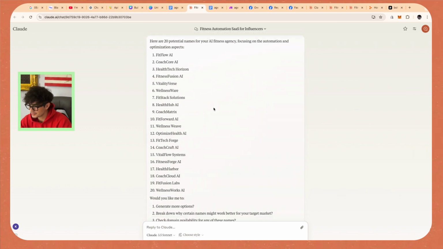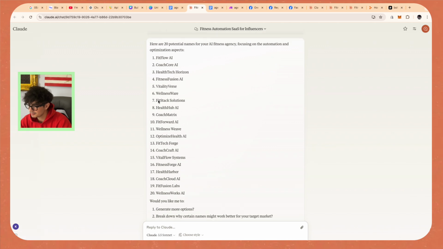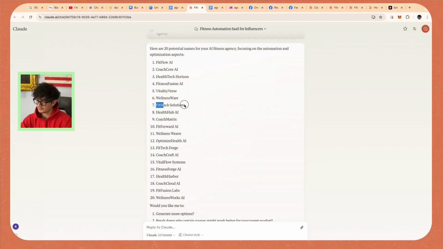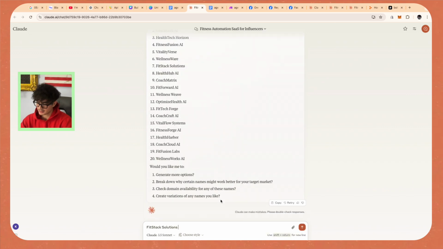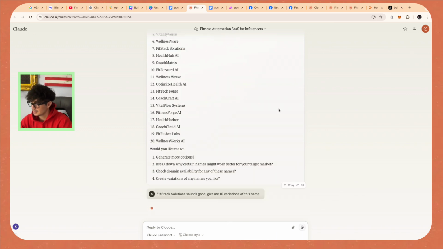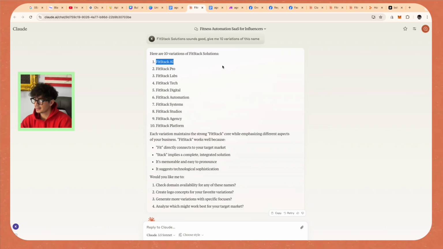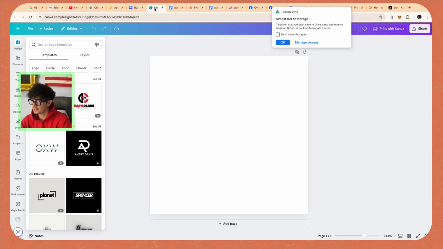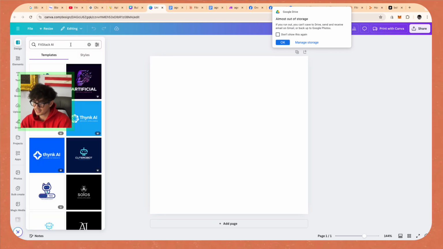Awesome, we got a bunch of different names here. So let's see what we like. So I like this FitStack Solutions. So I'm just going to resend that into the chat and say FitStack Solutions sounds good. Give me 10 variations of this name. Okay, so I really like the FitStack AI name, so that's what we're going to be using for our agency. Now we're going to go into Canva here, and we're just going to put in FitStack AI,